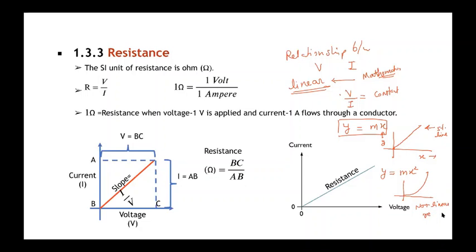So now if I'm saying V equals I into R, and if I draw a graph between V and I, can you compare this thing and this? These are the same, this is similar, right? So if this is linear, that means this is also linear. So when I draw a graph, I will see a straight line. Generally, we take the y-axis as current and the x-axis as potential, but you can do it either way.